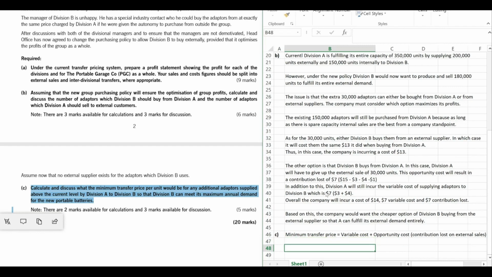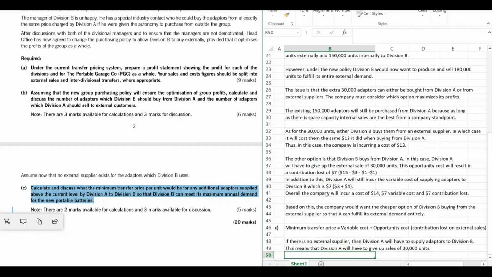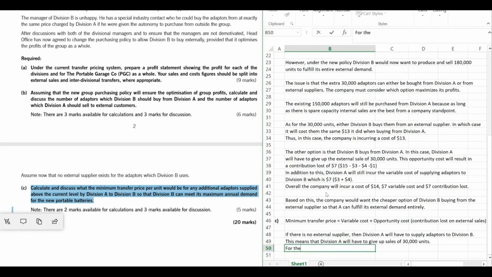If there is no external supplier, then division A will have to supply adapters to division B. This means that division A will have to give up sales of 30,000 units. Okay, for the original 150,000 units,